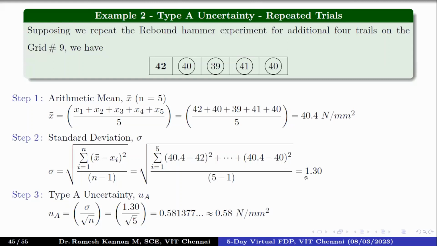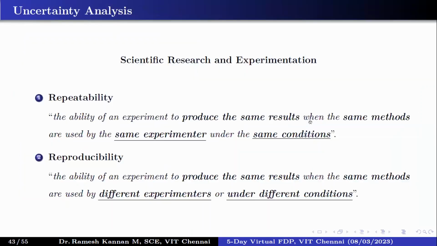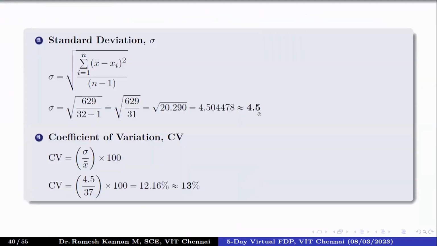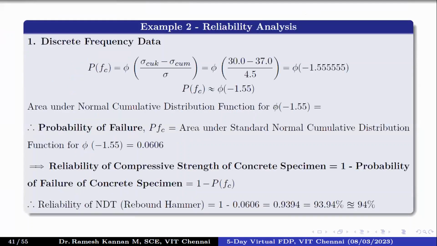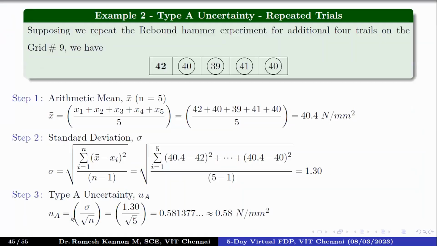And then it will give you a standard deviation of 1.30. You can see this is one grid only. One grid itself gets varied by 1.3 Newton per millimeter square, right? So think of our uncertainty of 4.5. That can be altered also if you take multiple trials, right? Then we talk about type A uncertainty. This equals sigma divided by root n, which is 1.30, the sample standard deviation, divided by root of 5. Here it is not n minus 1, just 5, and you'll get something around 0.58. Approximately, you can equate it to 0.58 Newton per millimeter square.